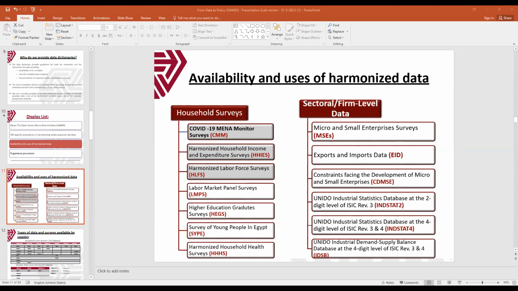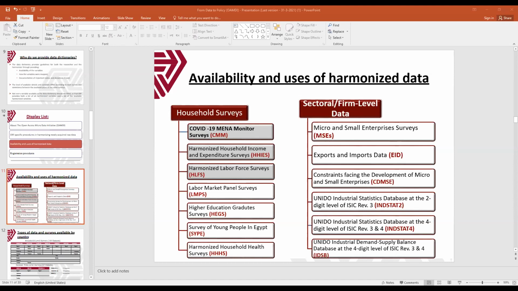And in addition to computing the poverty rate, you can also compute inequality measures like the Gini coefficient. So it's also computed from the HIECS. You can also study child poverty from the HIECS.